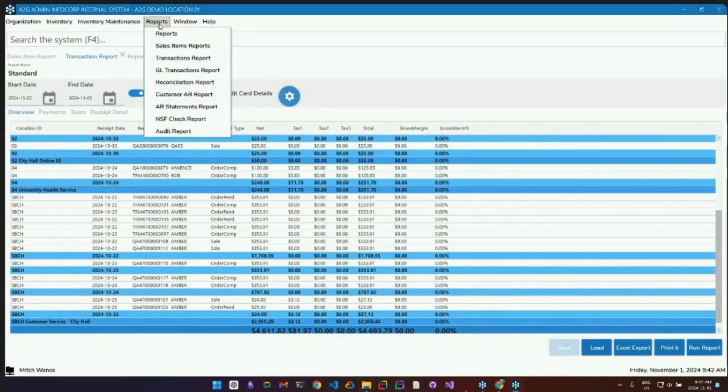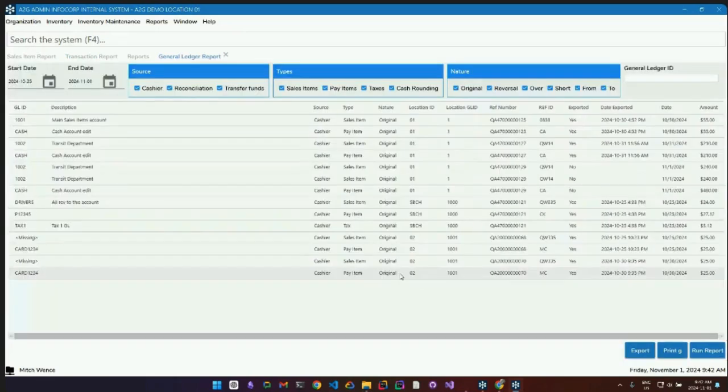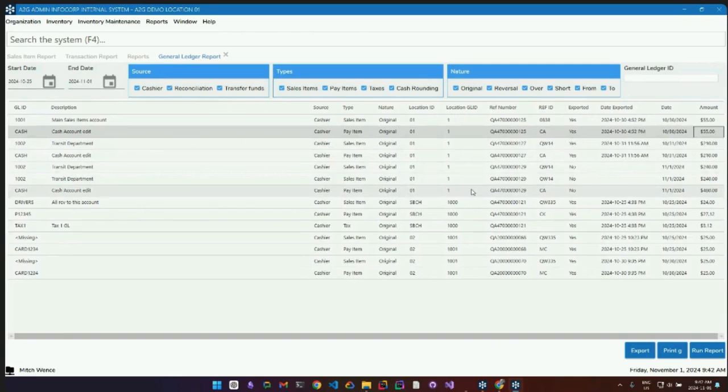Also want to talk about our general ledger report. One of the things that, as we've said before, we're able to do is connect to an accounting system, PeopleSoft, JD, etc., and it will tell you when a transaction has been created, what the information of it is, the source, what the GL account is, where it's coming from, the location information, the receipt number in this case, whether or not it has been exported, and the original date of the transaction and the amount. So it gives you a nice, easy way for you to validate and respond to your